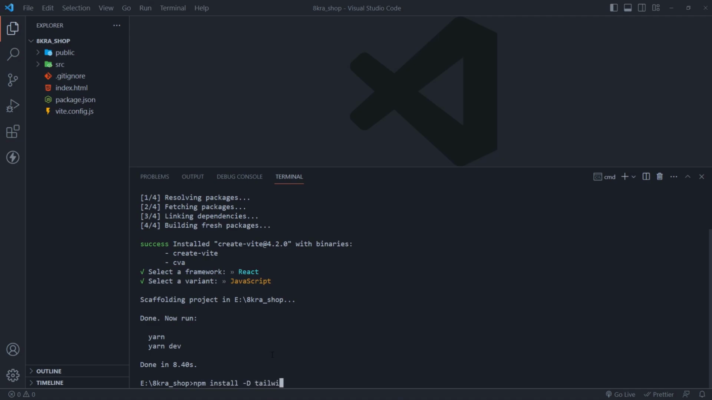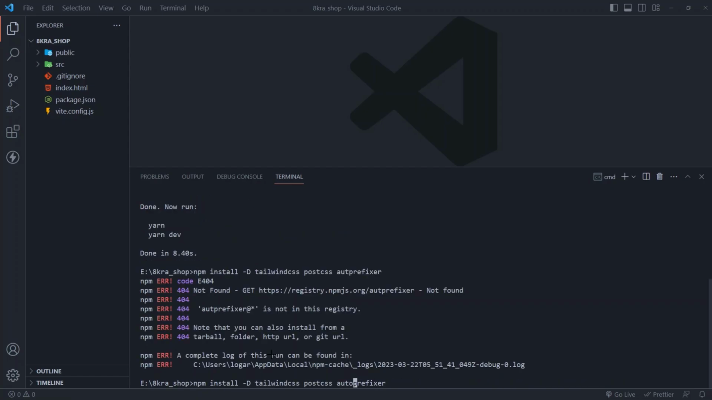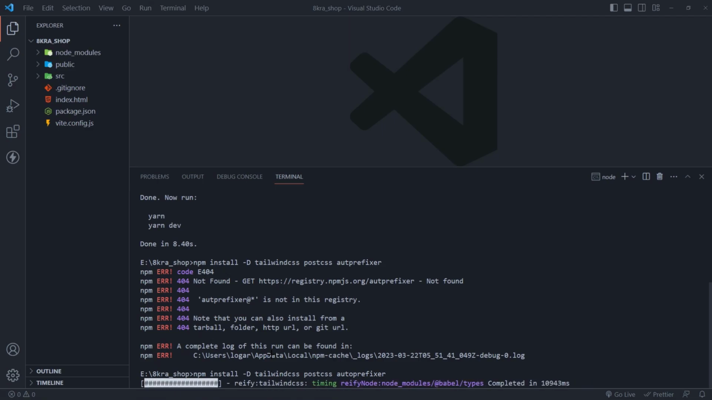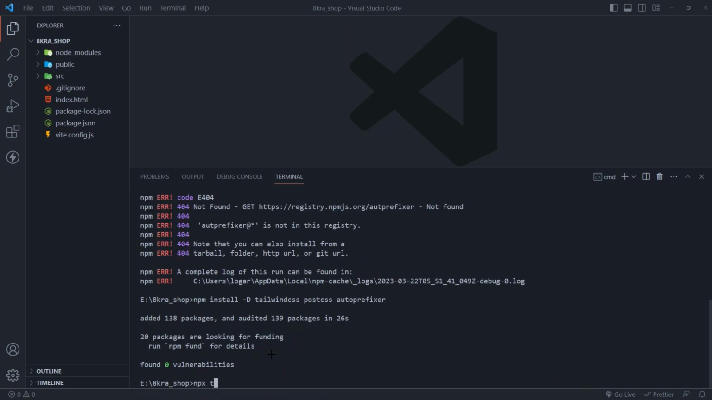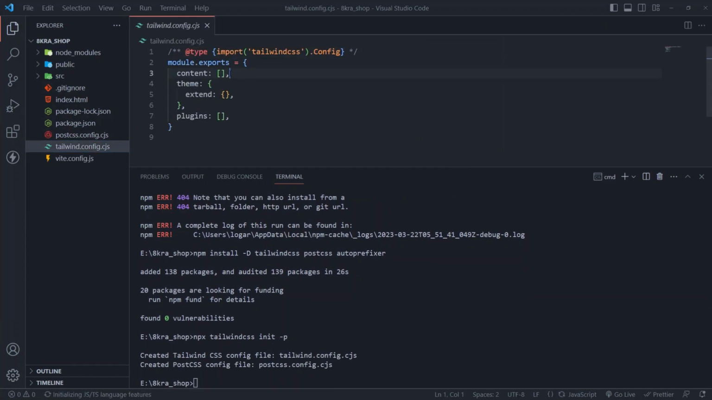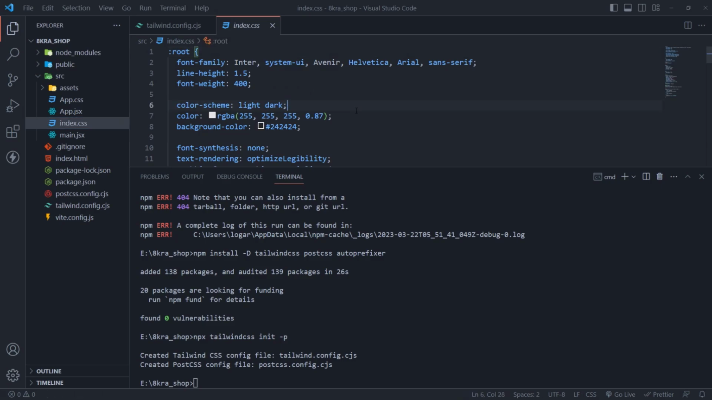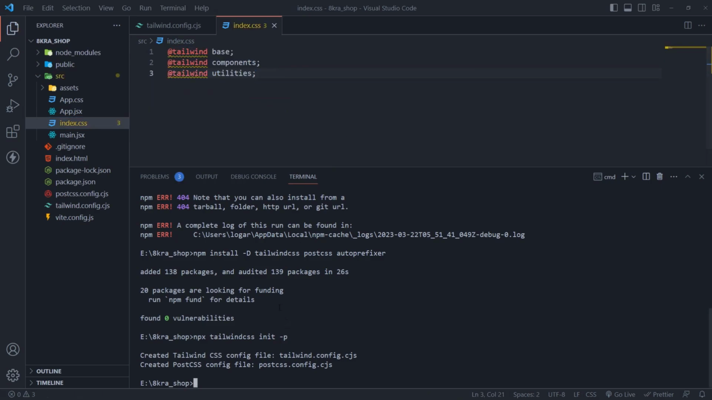First install Tailwind CSS, PostCSS, and Autoprefixer. Run the npx tailwindcss init -p command to create your tailwind.config.cjs file. Add the paths to all of your template files in your tailwind.config.cjs file. Add the Tailwind directives for each of Tailwind's layers to your